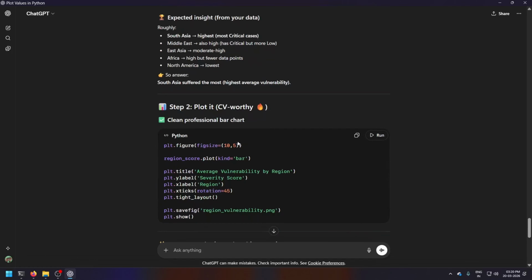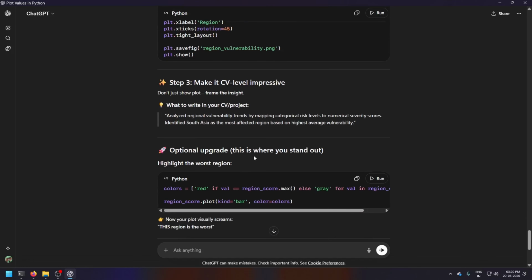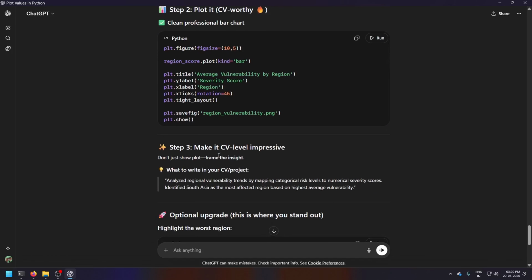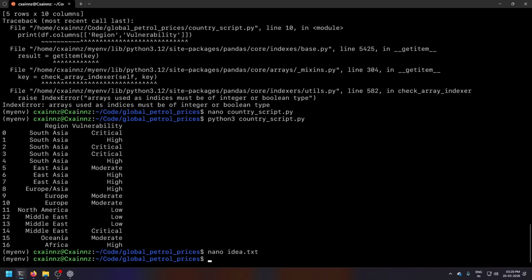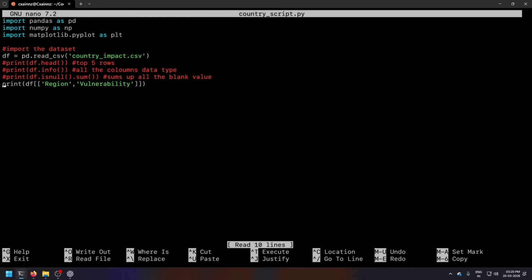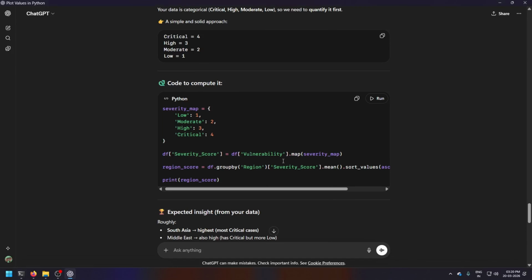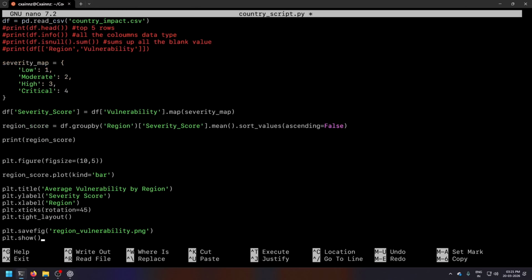And then we have a professional bar graph. Optional, make it stand out. No, I don't want that. Me and Chad did the same maths, fine. Now what I want to do is just copy this logic and plot it.